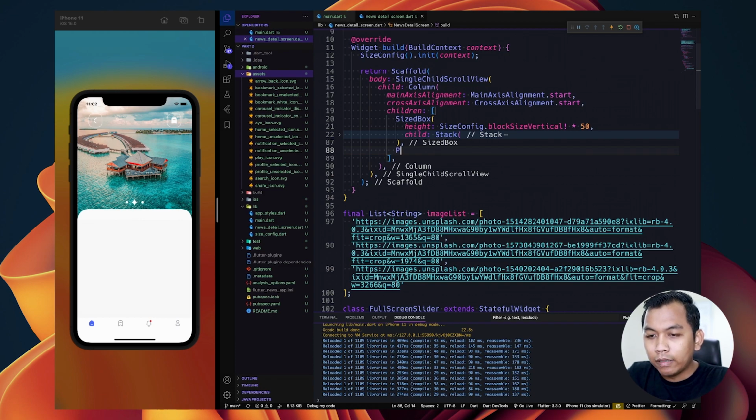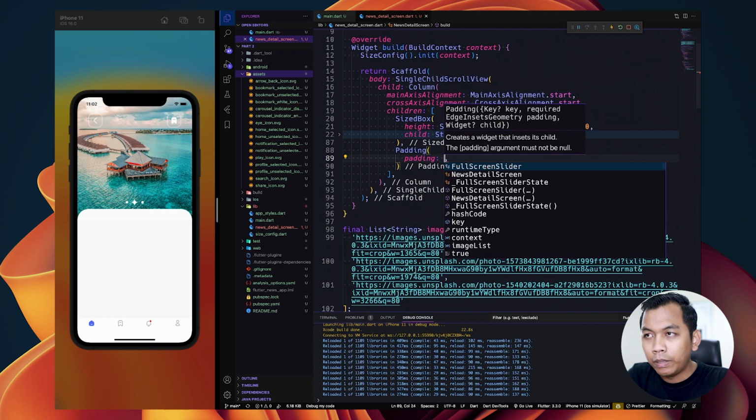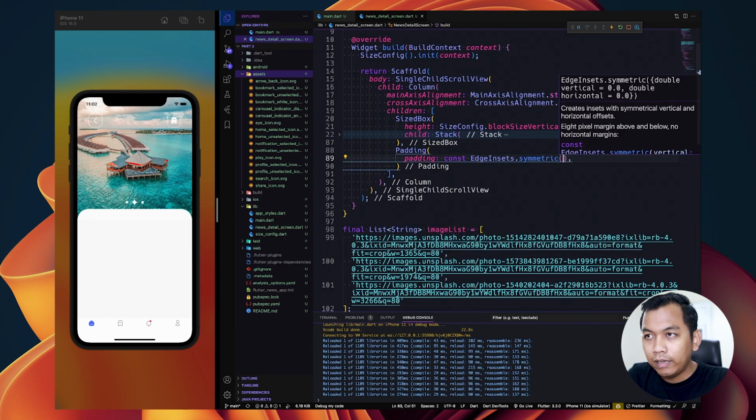so we will have a padding with the padding to be symmetric and set the value to be horizontal 40.